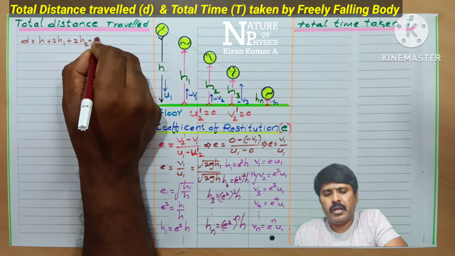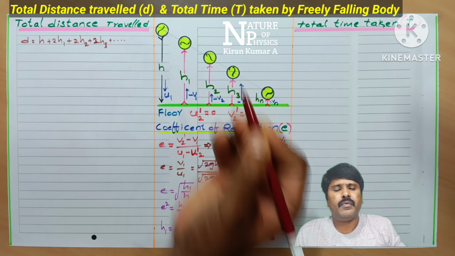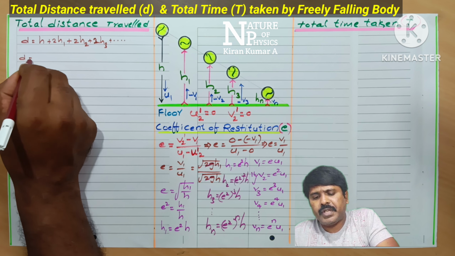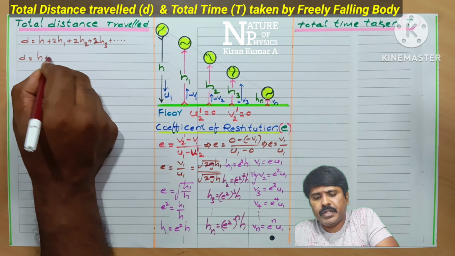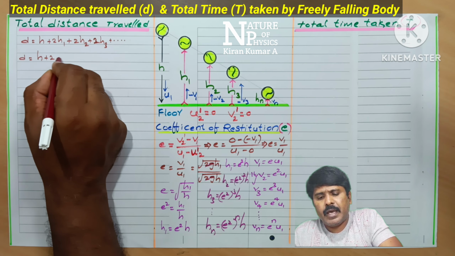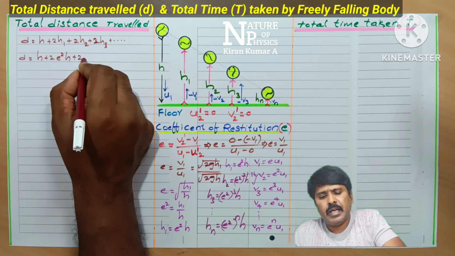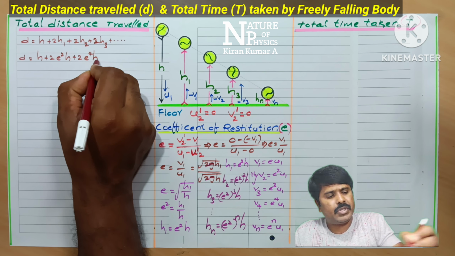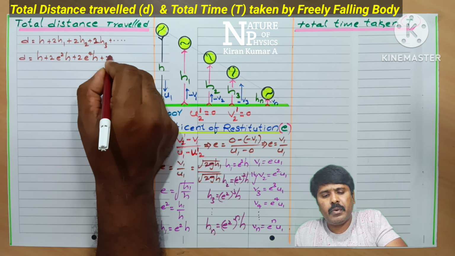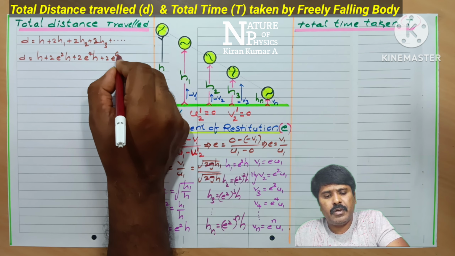So next, 2h3 up to so on we can consider, student. Okay, and next the distance d is equal to h plus 2 into h1. The h1 value is e² h, and 2 h2 value is e to the power of 4 h, see student, (e²)², plus 2 into the h3 value, which is e to the power of 6 into h,